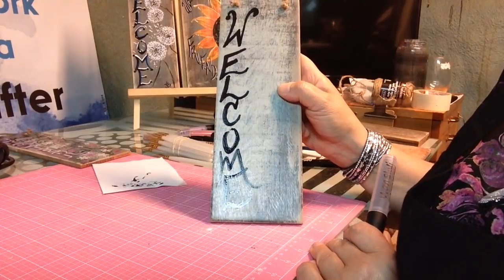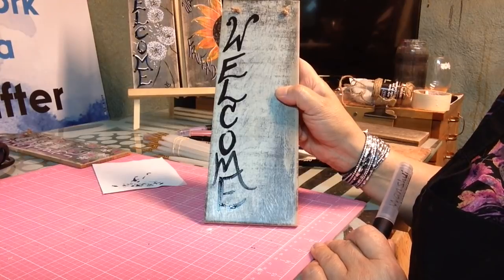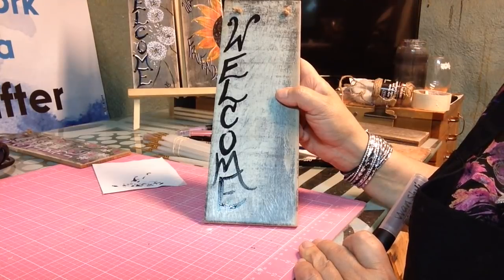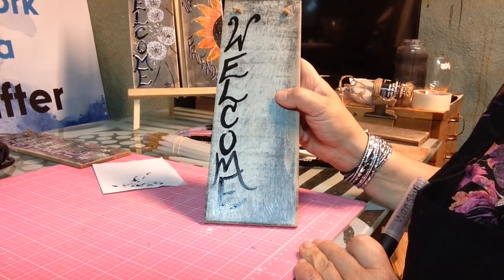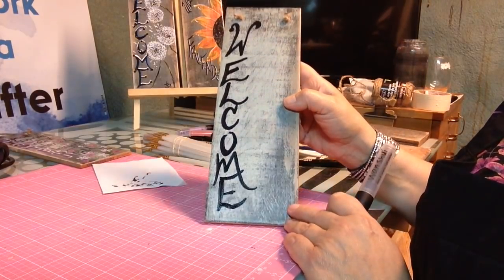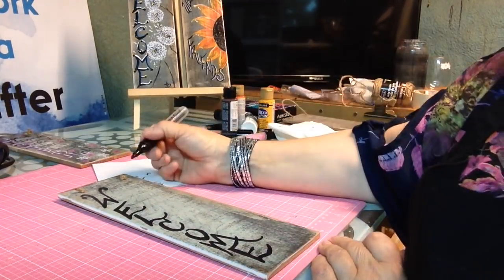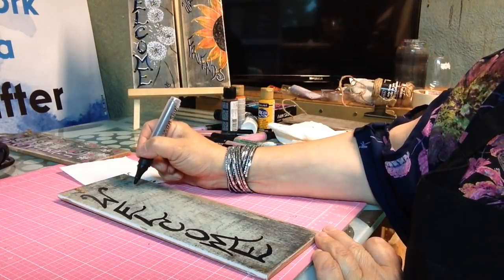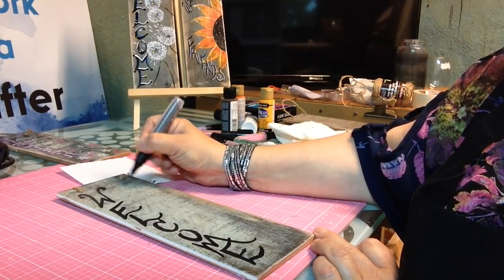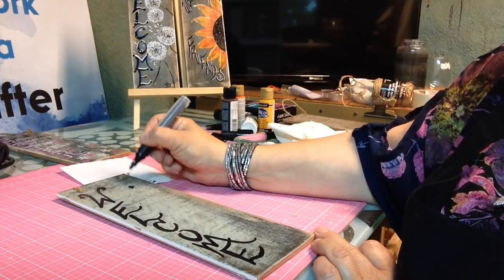So our next thing is we're going to do the heads of the dandelions. So it's always best to have an odd number. So whether you do 3 dandelion heads, if you wanted to add a 4th, you need to go 5. So it's 3 or 5, not an even amount, and they're kind of randomly placed on the tile. So what I tend to do is I decide where I want each dandelion by basically just putting the center of the dandelion in certain areas on the tile and deciding where the circumference of the dandelion is going to be. So really it's just kind of like a little half circle